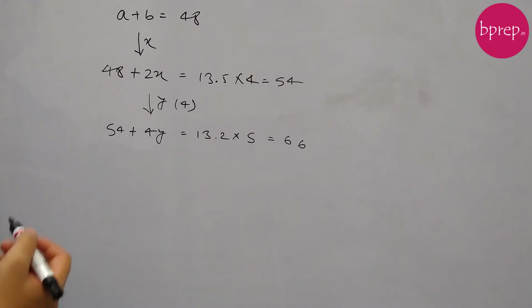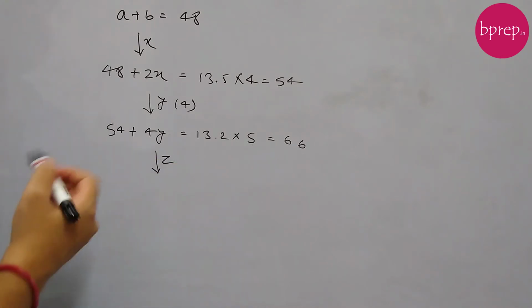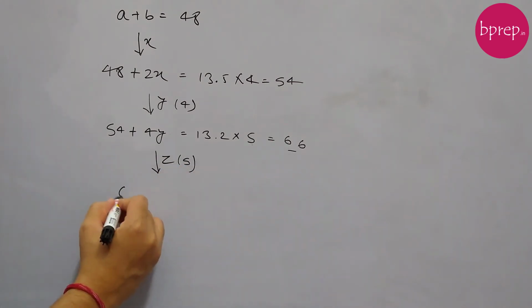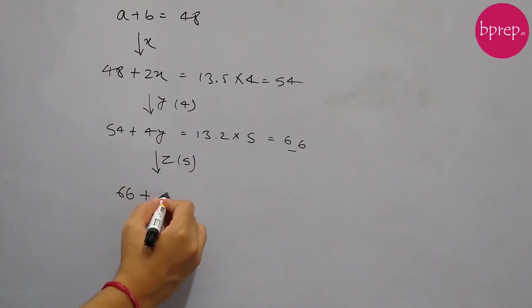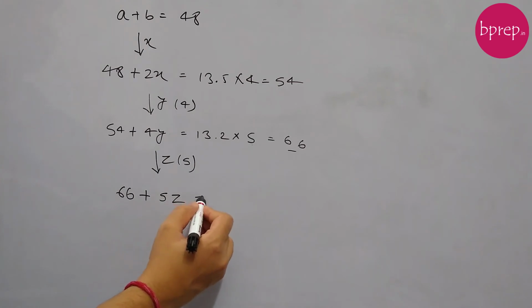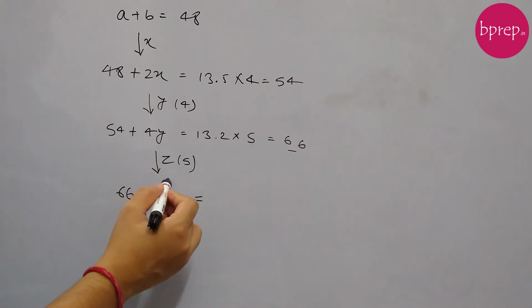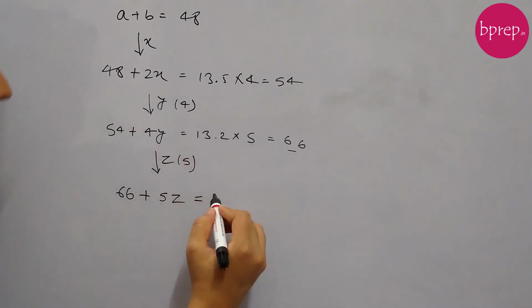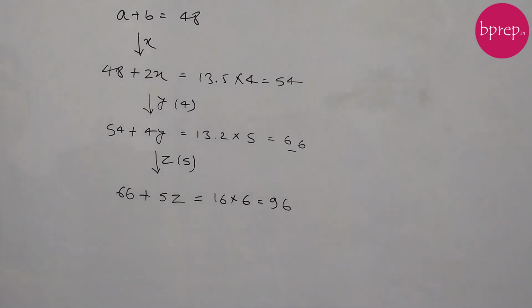The average age of the family after the fourth child was born was 16 years. Okay, so after let's say Z years, the fourth child was born. So here we have a total of 5 members. So 66 was their previous total, and after Z years has elapsed for 5 members, we have to add 5Z. Then this average is 16 years. So 16 years for 6 members because another child has come now. Okay, so 16 into 6, which is 96 years.